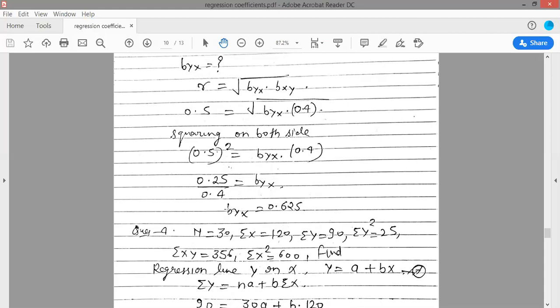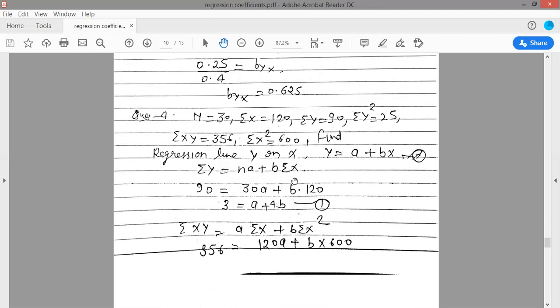I just want to tell you one thing: this question's solution is very short. This is a 2 marks question, right? There will be 2 marks questions and 8 marks questions in your final semester exam, and 16 marks questions, right? Each section carries 16 marks, right? And the first question, which will be compulsory, carries 2 marks questions, right?